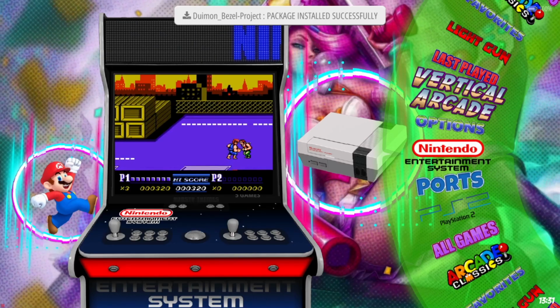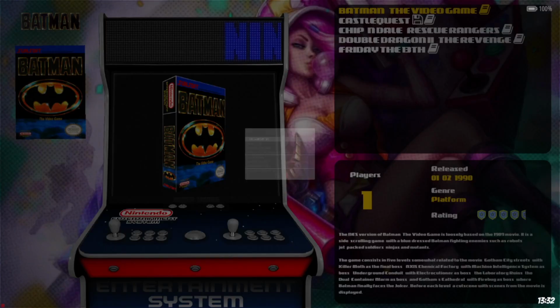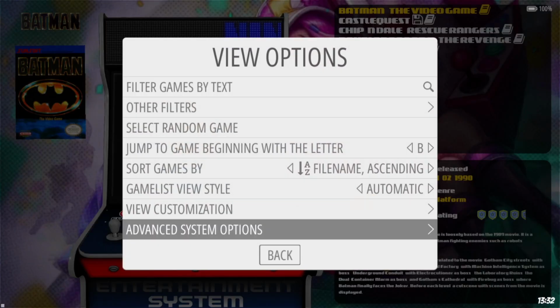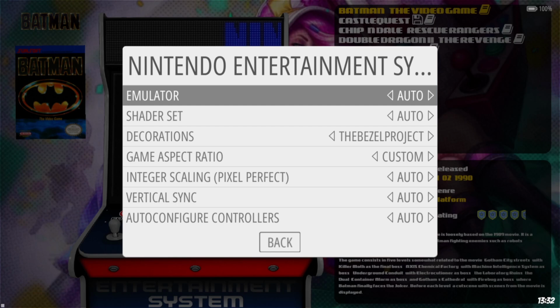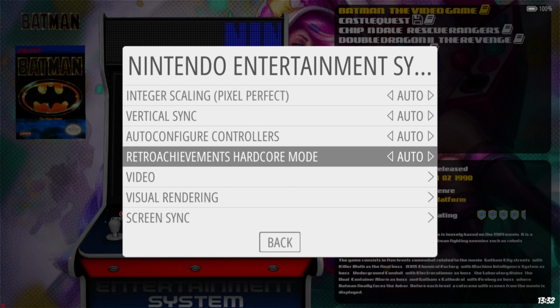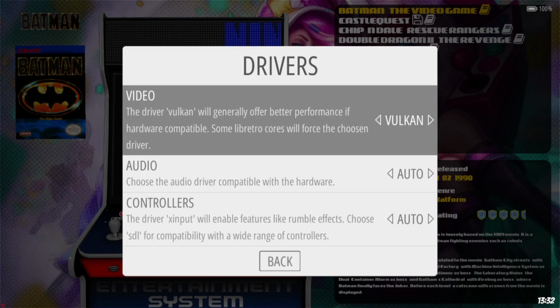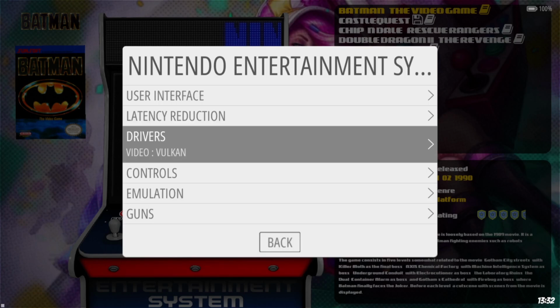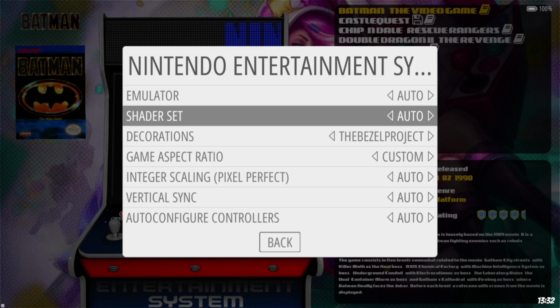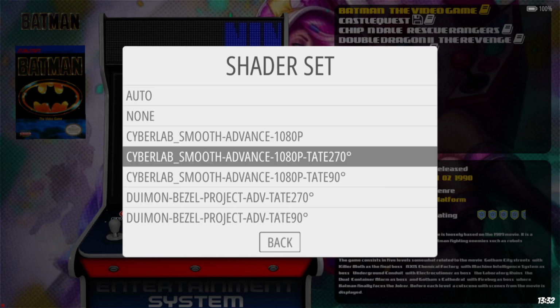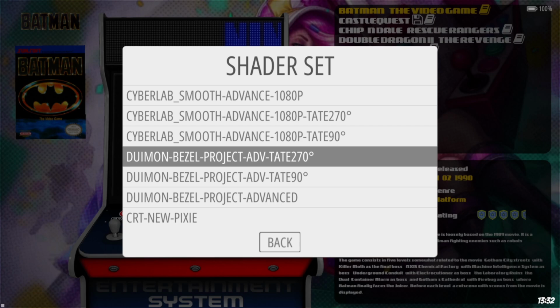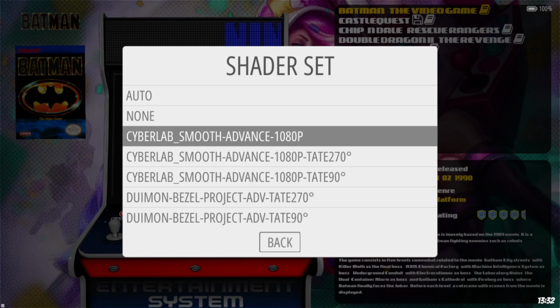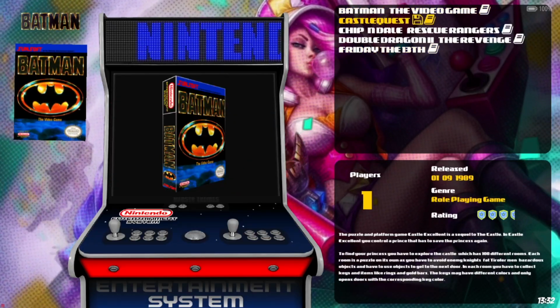Okay, so if we go back into the NES folder, and if I press select, go down to advanced system options. Now let me just make you aware, to use what I'm about to show you, you're going to need to go down to drivers, video, and just make sure Vulkan is selected for this. If we come out and go into shader set, we're going to find Cyberlab just here, and also Duomon, which we just downloaded. So for example, I'm going to select Cyberlab Smooth Advance. If I go back into one of my games,